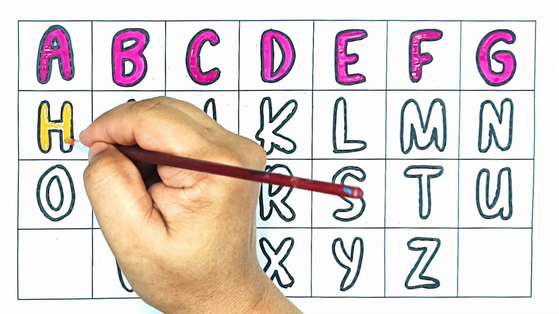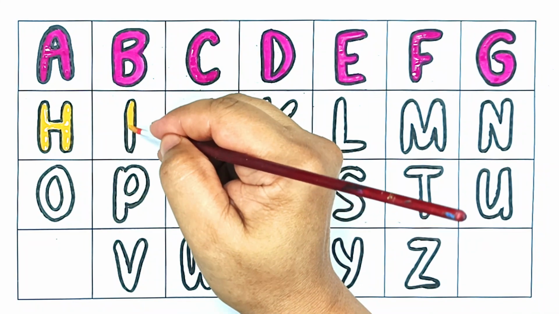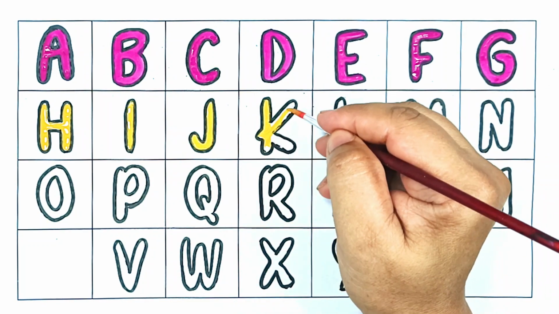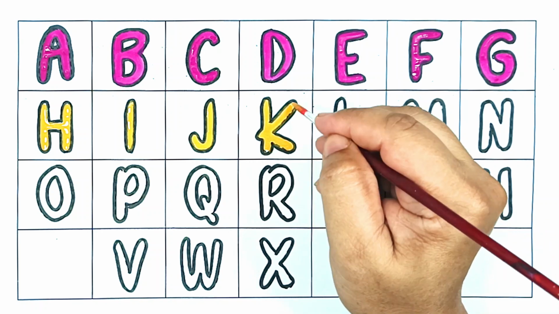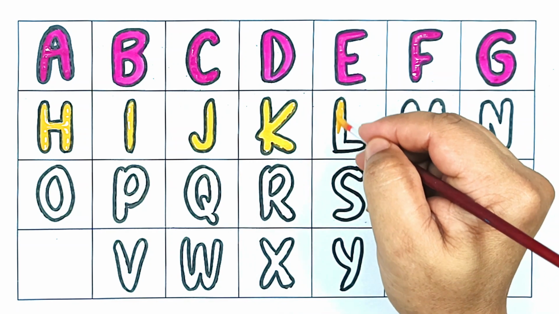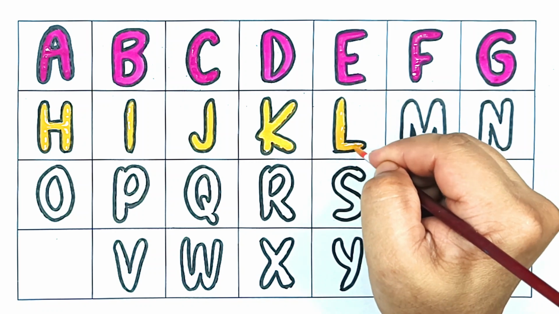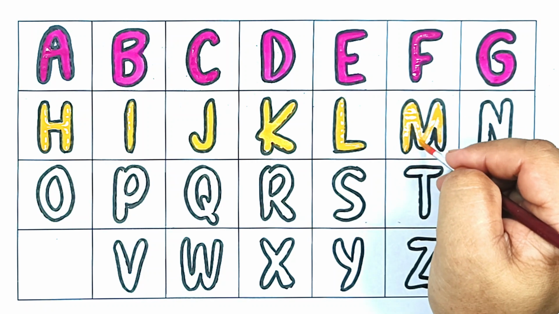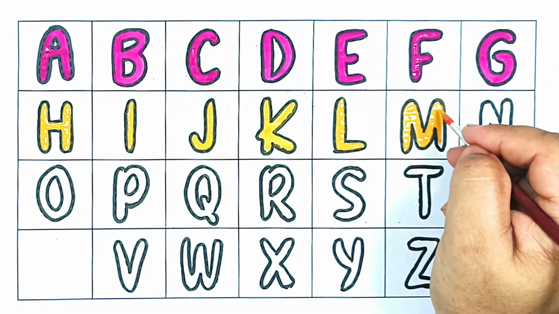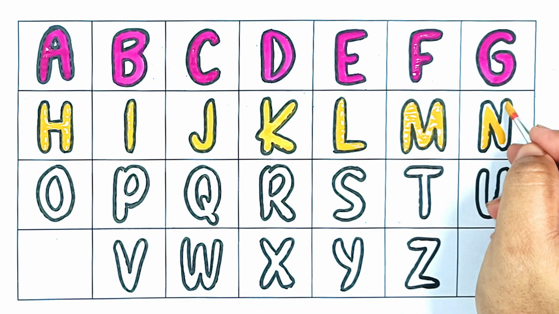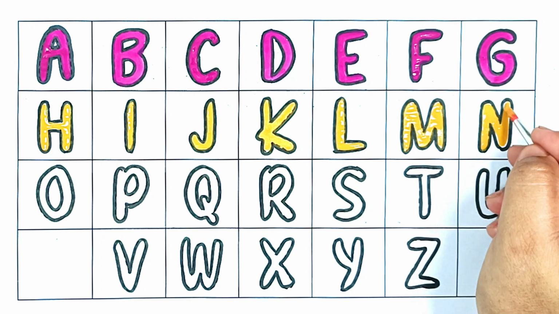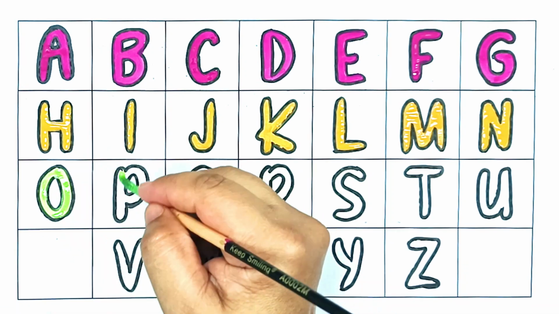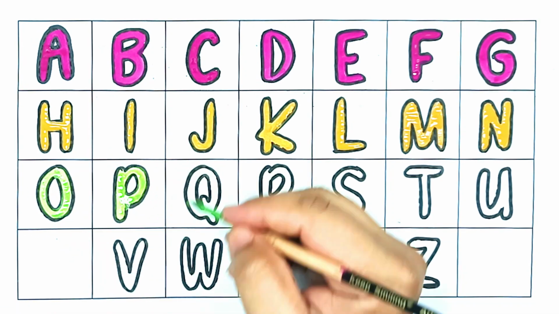H for hat, H for hat, I for igloo, I for igloo, J for jam, J for jam, K for kite, K for kite, L for lamb, L for lamb, M for man, M for man, N for net, N for net, O for onion, O for onion, P for pen, P for pen, Q for